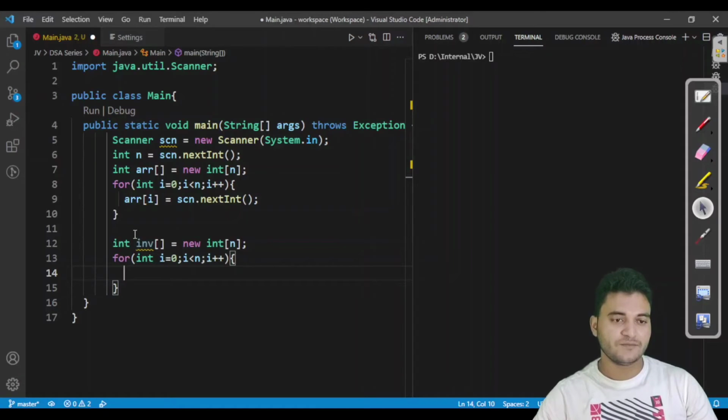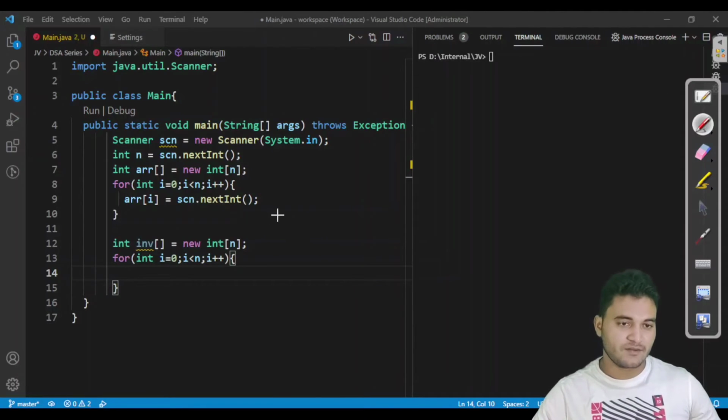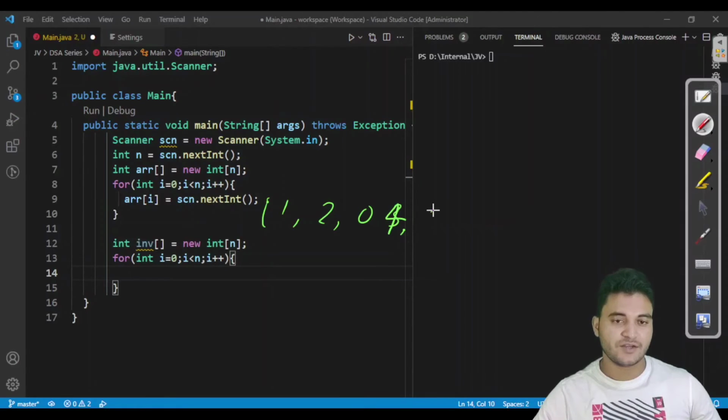Look very carefully, because this is going to be the last explanation for this problem. Let us say we have 1, 2, 0, 3, let us say 4 here and 3 here, and the indexes for this are 0, 1, 2, 3, 4. Let us say we are here, because we are iterating our loop from here. So we have 1 at the 0th index. In the inverse array, what do we have to store? We have to store 0, which is the index for this. We have to store 0 on this index. Like we have to make this the index and this the value for this index.